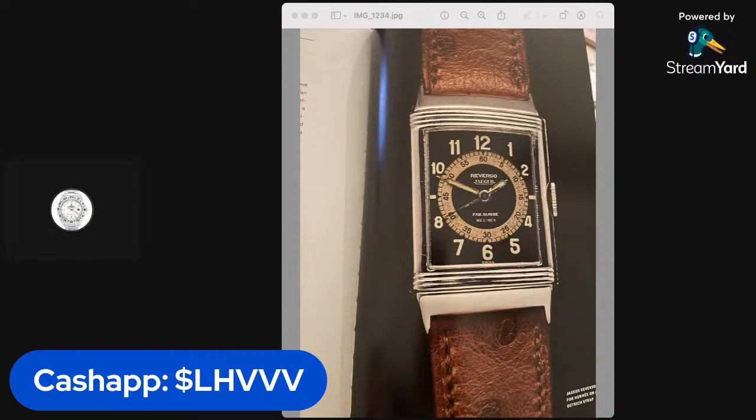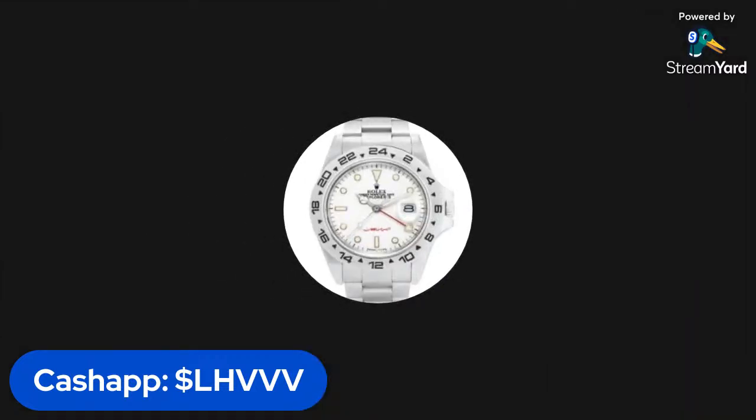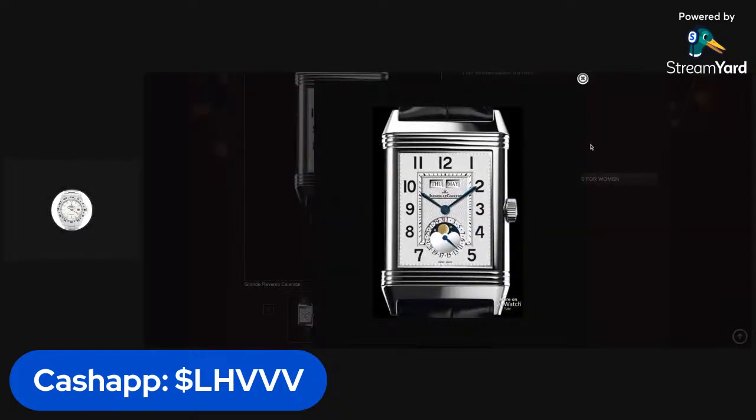But I will show you two more things before I jump on to talk about those two examples. I will show you what I eliminated first from my consideration, but I will share them as honorable mentions, so to speak. And here we have the first example of those, which is the Jaeger-LeCoultre Reverso